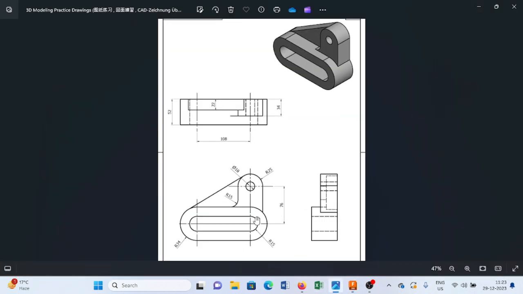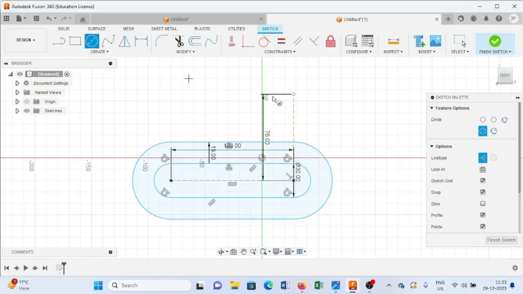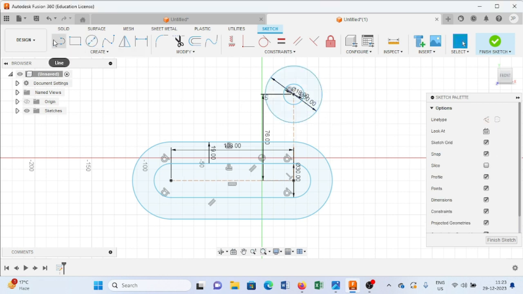After this, what we have to do, we have to create a circle of 18 diameter. Then we will draw one more circle of 25 radius, sorry. So it is 18 in this way. Press enter. Then we will draw one more. Then this is around 50. Press enter. After this, what we have to do, we will draw a line